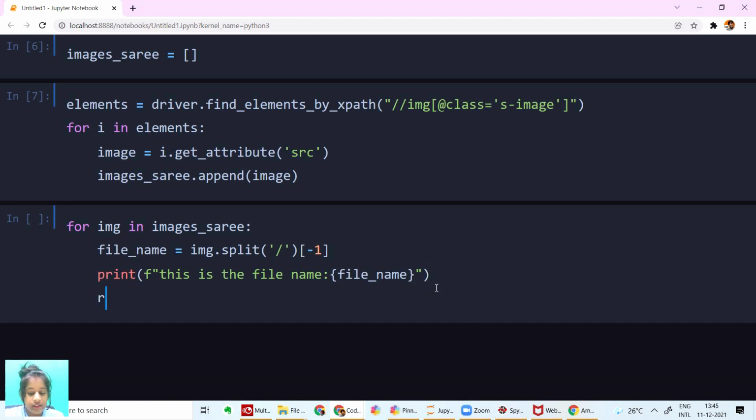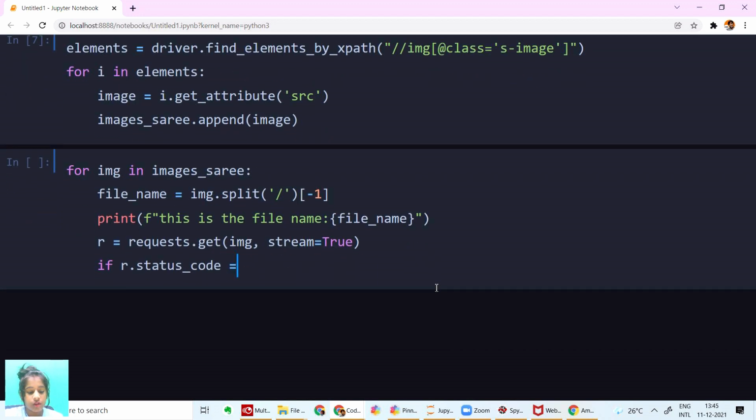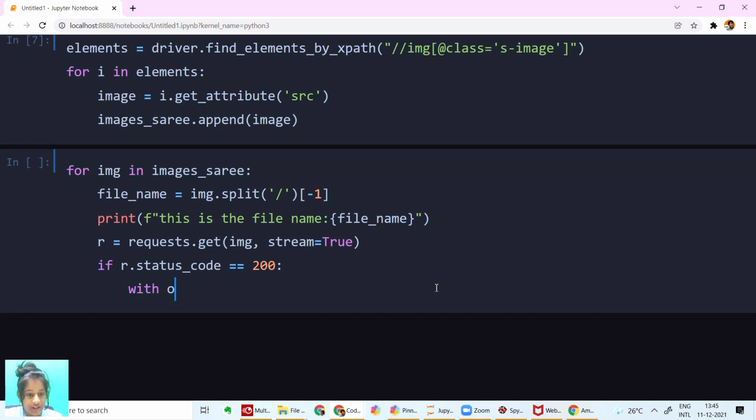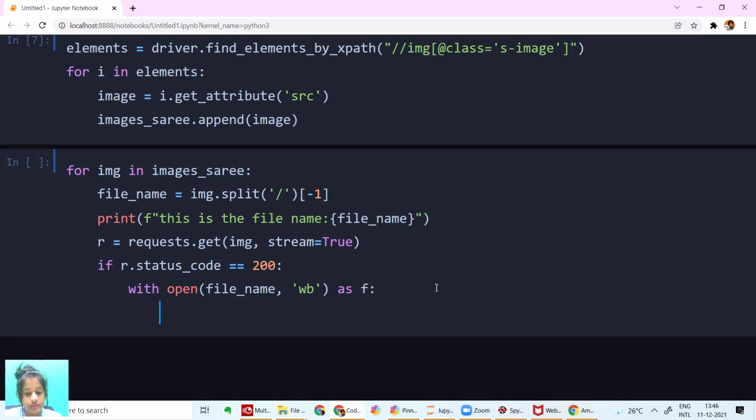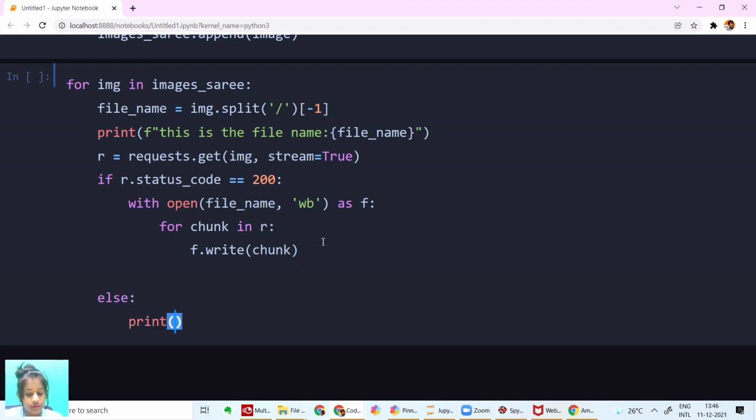And then I'm going to say r is equal to, we're going to send a request to our files. r is equal to requests.get(image, stream=True). If r.status_code is equal to 200, with open(file name) as f, for chunk in r, f.write(chunk), and else print nothing, just an empty string.